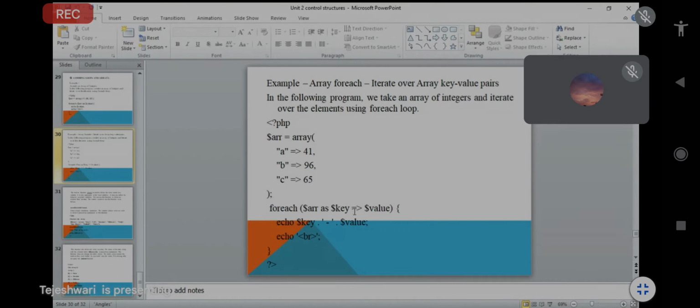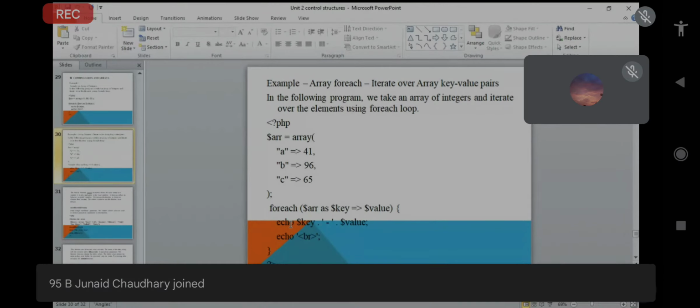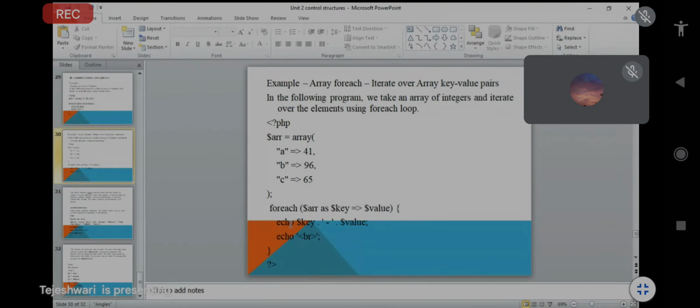Okay, so you have taken two variables, and that's why in the foreach also you have to declare the two variables. It all depends on how many variables you already declared above. We already declared in the array that you pass two values, a and 41, meaning string and integer.